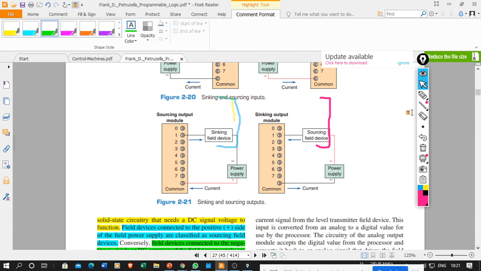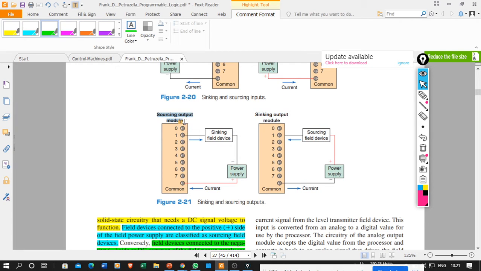Now what is for output? Okay, for output, what is going to happen over here? In case of output, I will connect the positive. Okay, so in case of a sourcing output module,